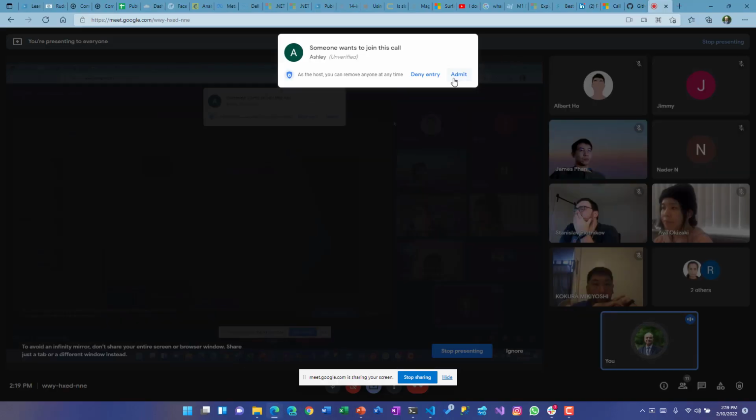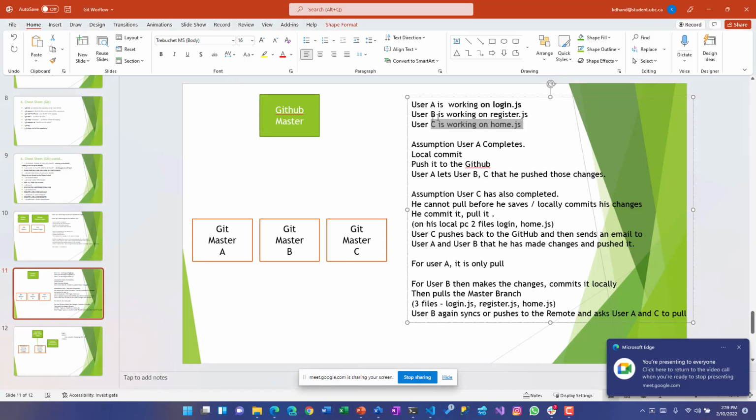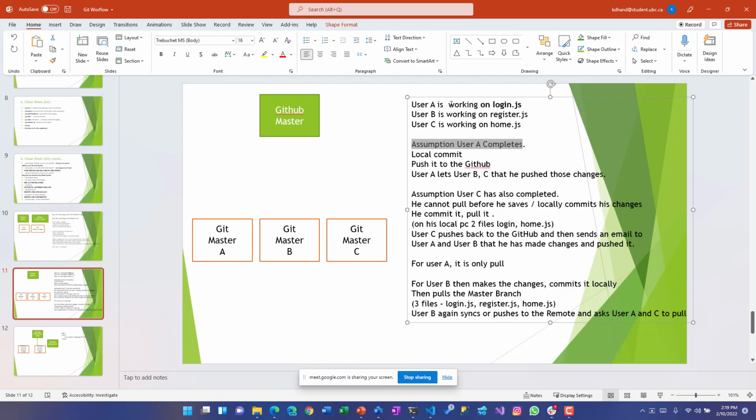If we go by the best practice, let's say user A completes his work on login.js. The best practice is he would do a local commit and then push it to GitHub, right? Okay, makes sense.